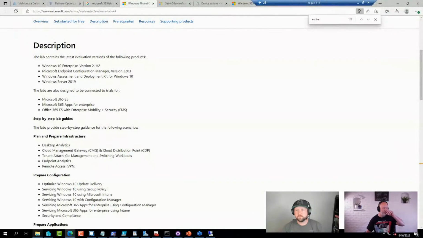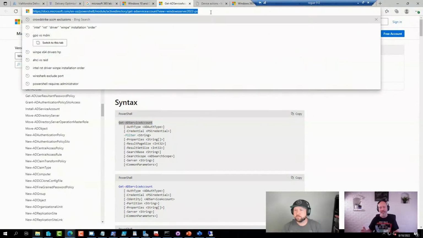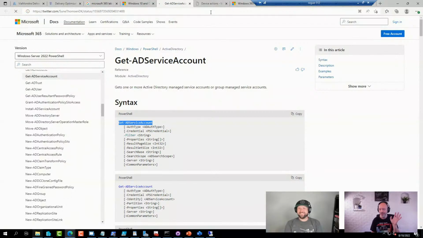Let's see how that works. It doesn't look too bad, does it? Works pretty well, I would say. Yeah, so I was playing around with group managed service accounts for scheduled tasks earlier. It was actually possible. I didn't know, but it worked. Nice. But that was another story. Anyhow, sidebar.